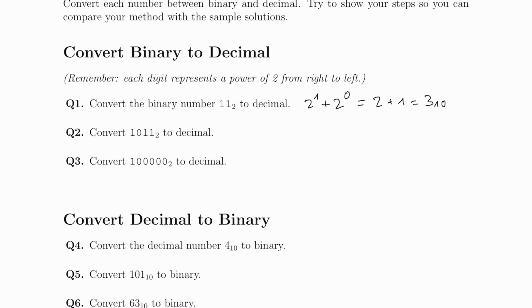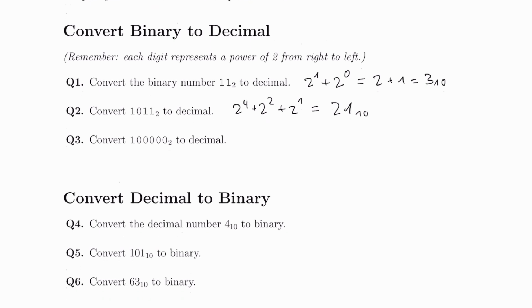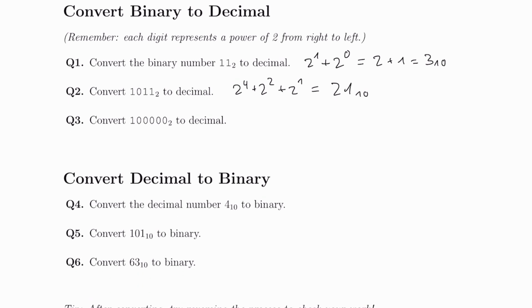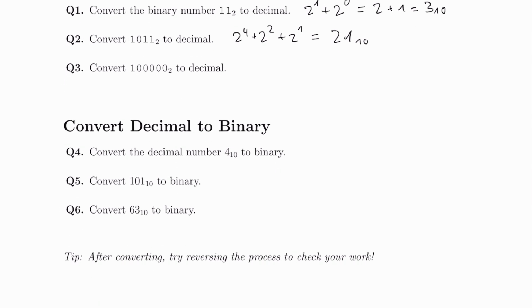This is relevant so that you have an idea what number you're actually representing if its representation is ambiguous. So moving on to the second one, let's just say I make a mistake and say that we start with power 1 on the right. So our sum would be 2 to the 4 plus 2 to the 2 plus 2 to the 1. And we would get 21 in base 10. The reason I'm doing this is so that you can see how you correct your own mistakes by looking at the solutions. The last one I'll skip over for now and just go to the next set of questions from